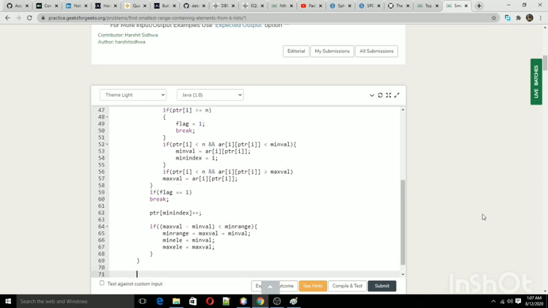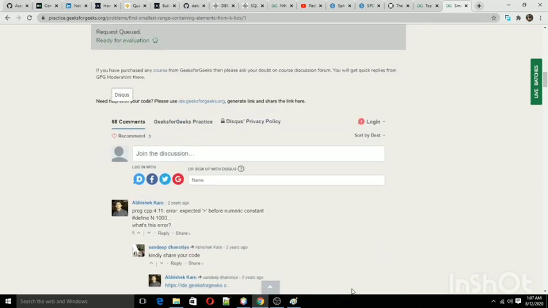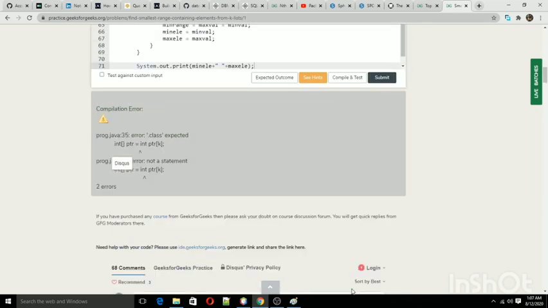I think the program must run. When printing the minimum element and maximum element, so the problem lies here.